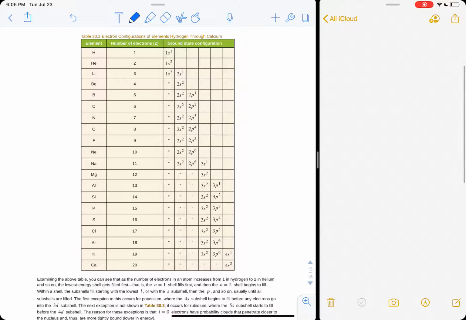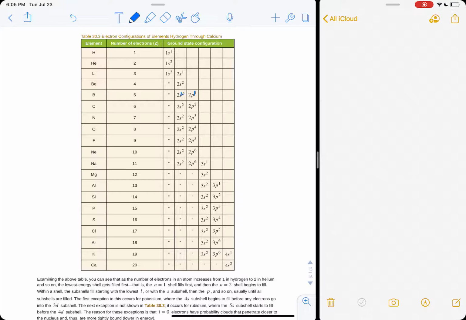As you start going to higher Z, to more complicated states, once you get the 1s2 filled, everything uses that, so you don't have to keep repeating it. You have the 1s2, 2s1. Lithium is 3 protons, which also corresponds to 3 electrons. So lithium's atomic number is 3. So you've got 2 plus 1 is 3. Now for beryllium, you have the same 1s2, 2s state, but now you can have both shells filled with electrons. So now you have 1s2, 2s2, and 2 plus 2 is 4. So that gives you the 4 state.